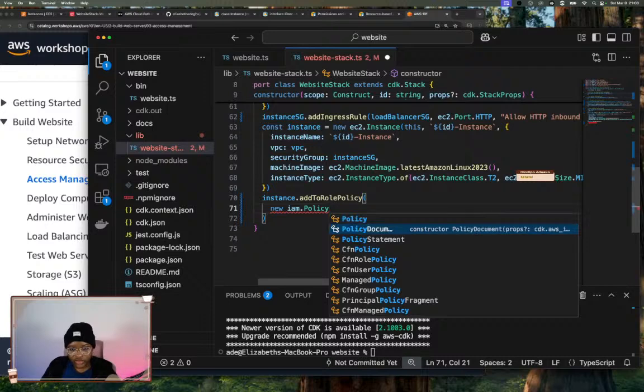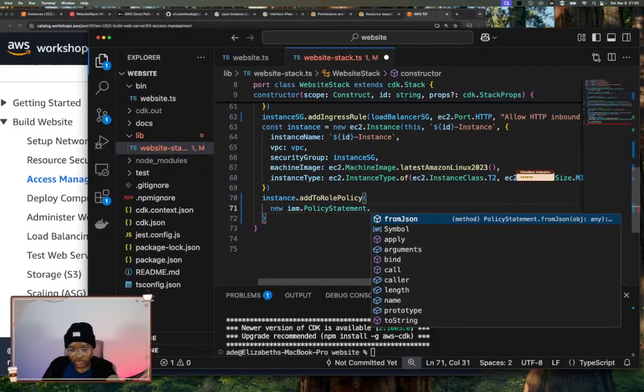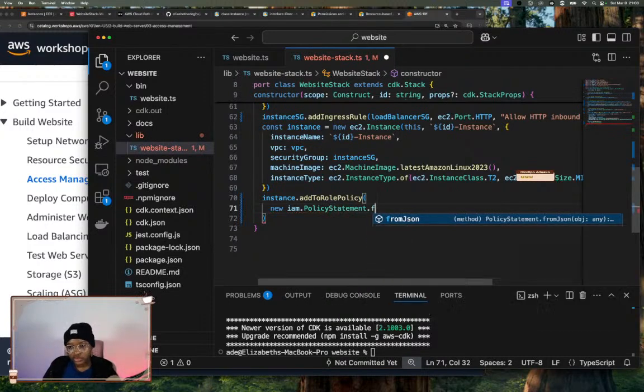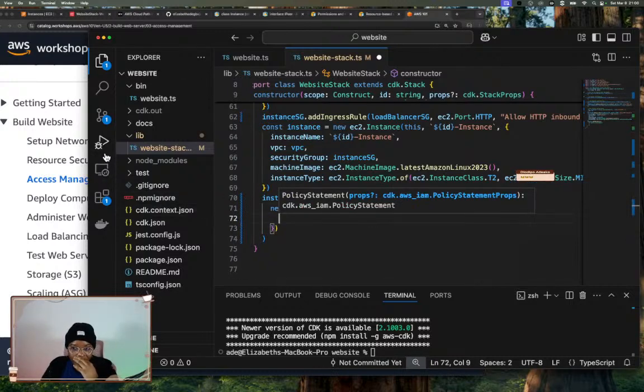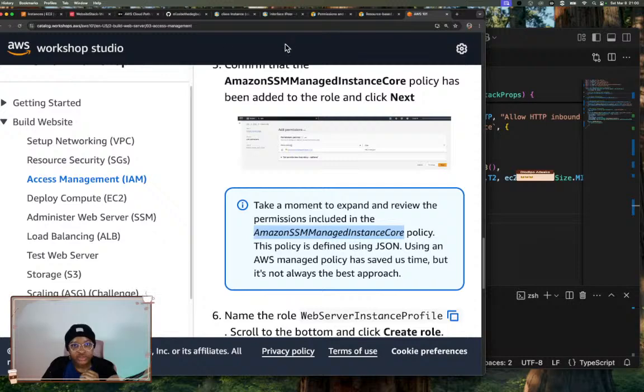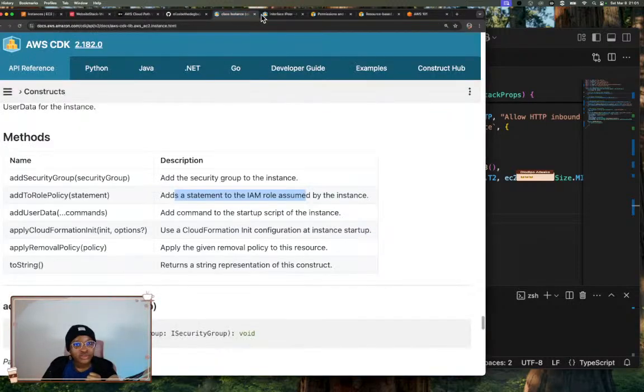Policy statement. It's not allowing us to do that. But yeah, I'll just go with this. I'll go with this, and I'll draw up the policy statements to see the way that we can actually get it from our